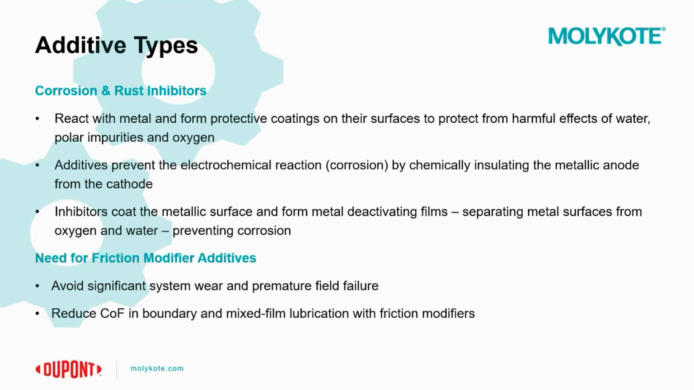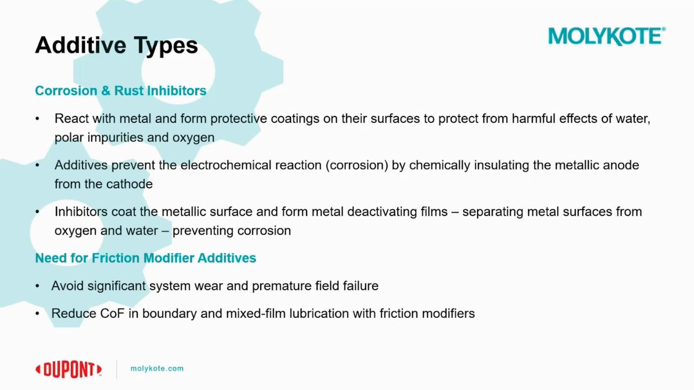So also you can consider the use of corrosion and rust inhibitors when you have a lubricant formulation. Essentially, these additives react with the contacting metal and form protective coatings on their surfaces in order to protect these materials from the harmful effects of water, polar impurities, and oxygen. And just to speak of corrosion a bit more, corrosion in itself is an electrochemical reaction between the metal surface